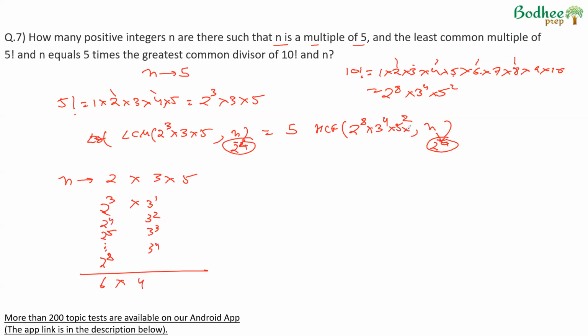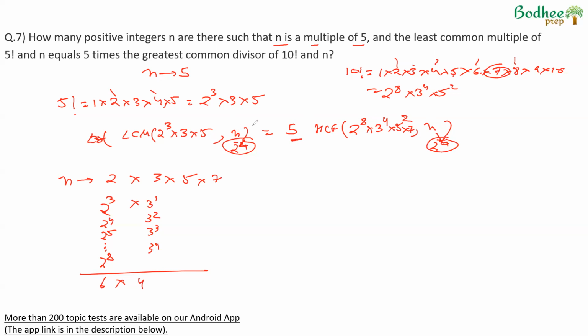I missed the 7 here as well, sorry. So n has to be one of 2, 3, 5, 7. I completely missed this. Now if you look at the power of 7 first, because we have a 5 here, so we'll deal with it later. If you look at the power of 7, n can have a power of 7 and nothing beyond 2, 3, 5, 7. The power of 7 here, if the power of 7 is 0,